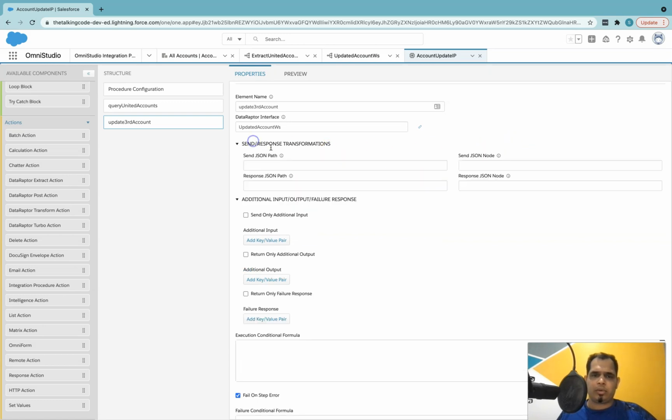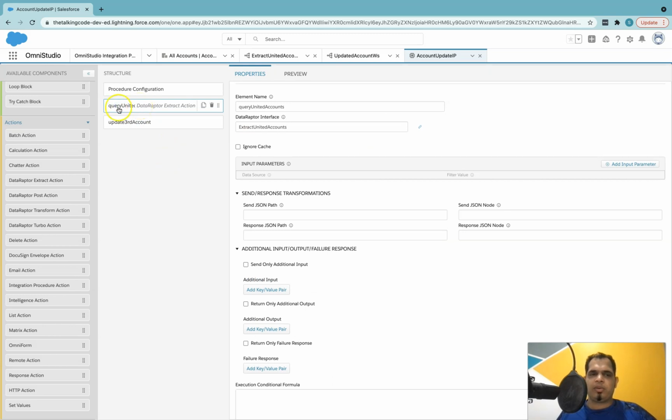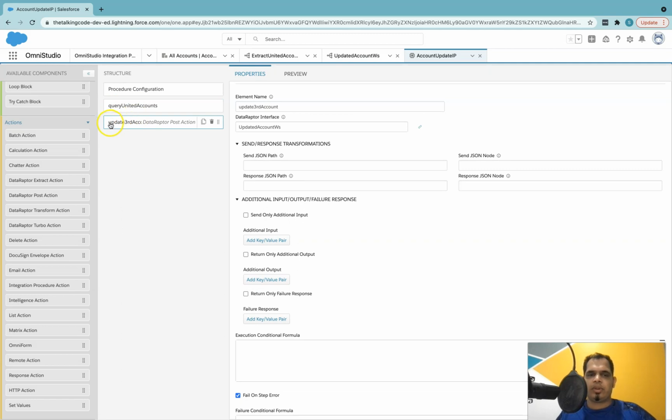So in this example we are going to use the output of this query united as the input of this update third account data raptor.